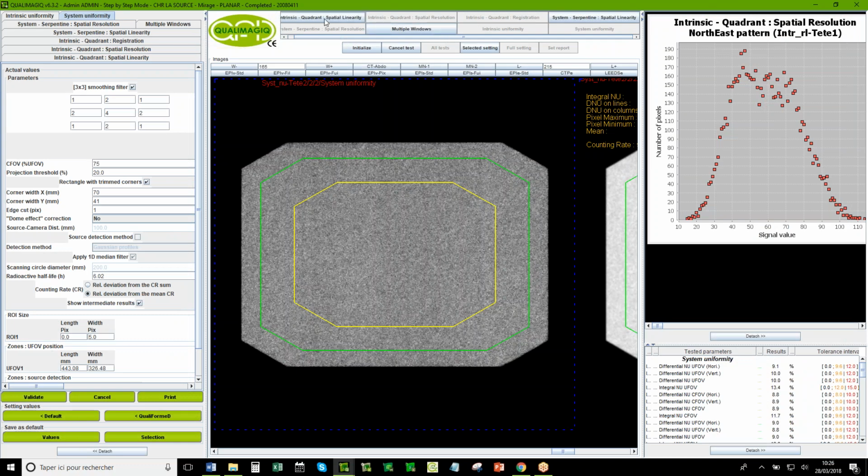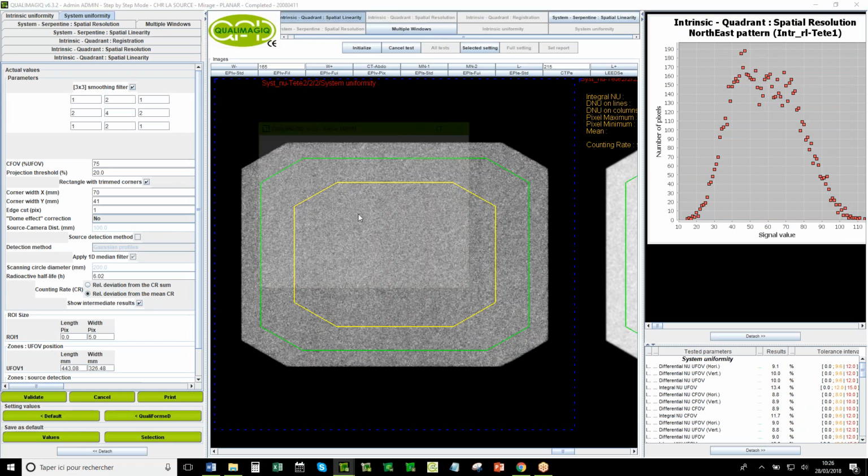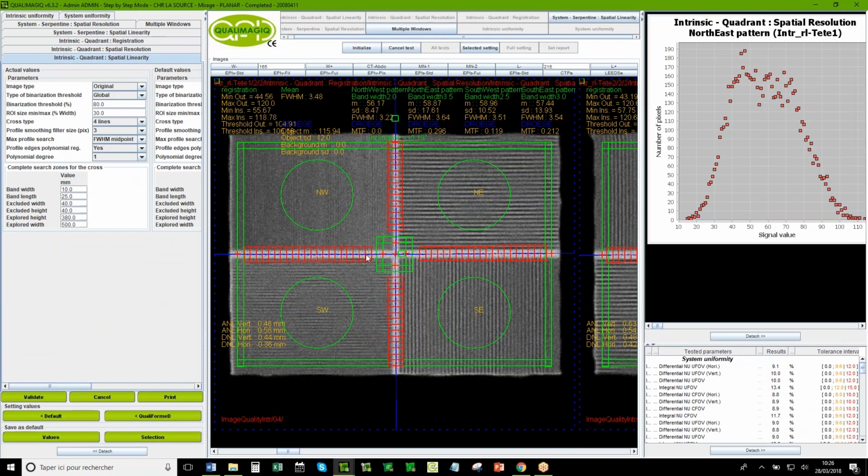Now I forgot one thing. Excuse me. I return to the intrinsic test without collimator. I forgot to explain this test. We measure the linearity of the camera to be sure that when you have a line in the object, it is a line in the image. I forgot that. Excuse me. So we use this pattern, and here you have 2 lines.